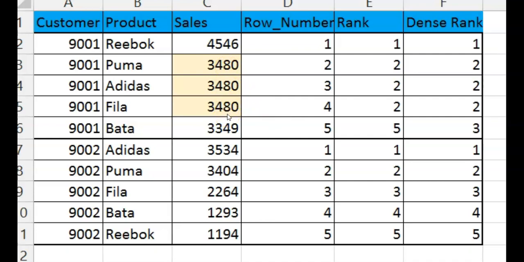On the other hand, when we go with the rank function, it obtains rank in a different way. It will give us the same rank which row number gave in the case of the second customer because all the values are different. So the highest value will attain rank 1 and the lowest value will attain rank 5, and you can rank in the opposite order as well, from lowest to highest.